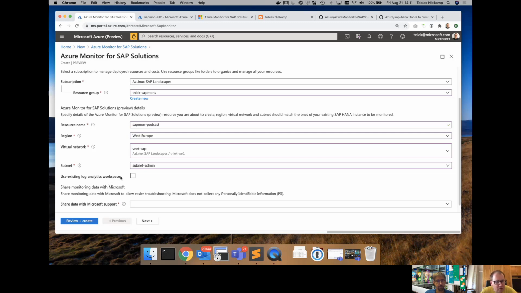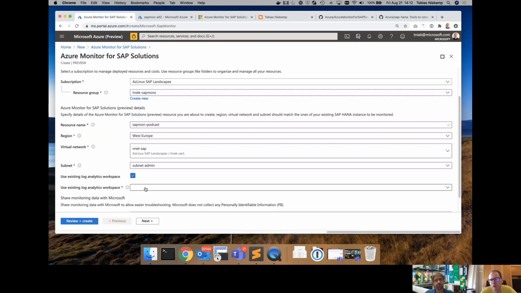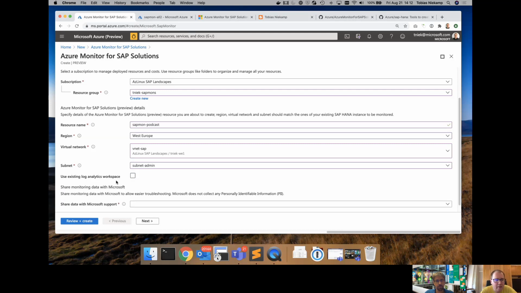Now, an important thing to note is that we leverage, and this is already in the name, certain resources from Azure Monitor framework, including log analytics. So if you're not familiar with what that is, I'll show you in just a second. And while we normally create a new log analytics workspace for you, where all the telemetry goes into, you could, if you wanted to, use an existing log analytics workspace as well. That's an option if you already use log analytics. You don't have to create a new log analytics workspace. Either way will be fine.